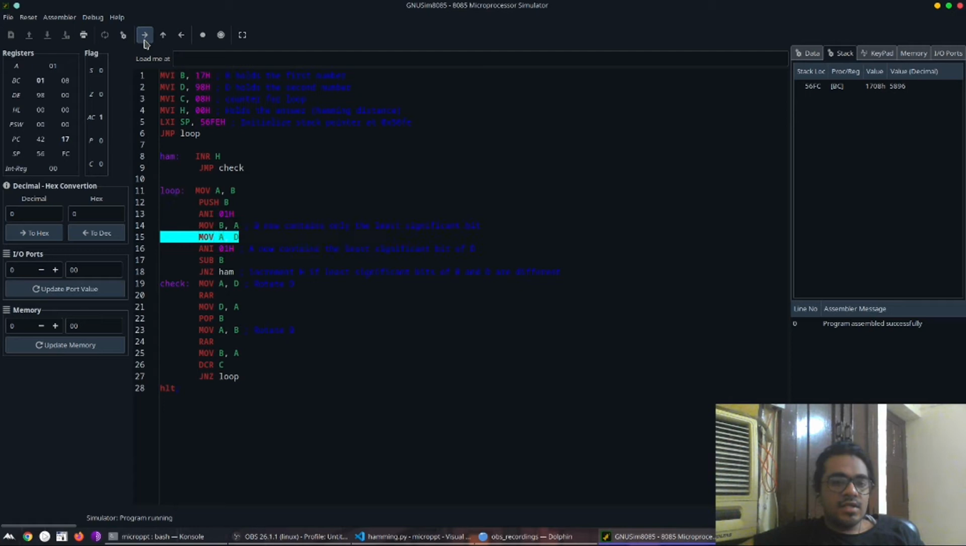Then we do the same thing with D, except we don't move the least significant bit back into D. Instead we keep it in the accumulator and subtract B from it. Because at this point B holds the least significant bit of its original value, this subtraction would result in 0 if B and D had the same bit in that position, and it would not result in 0 if they had a different bit. So if they had a different bit, then we are going to increment the Hamming distance. If that's the case, we jump to this portion here which increments H by 1 and then jumps back